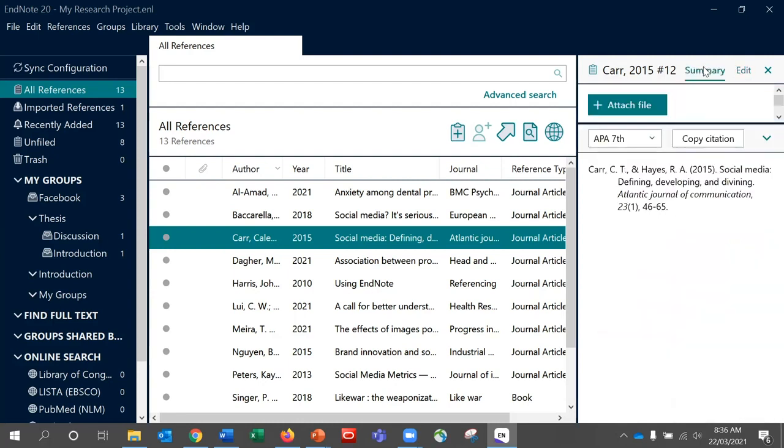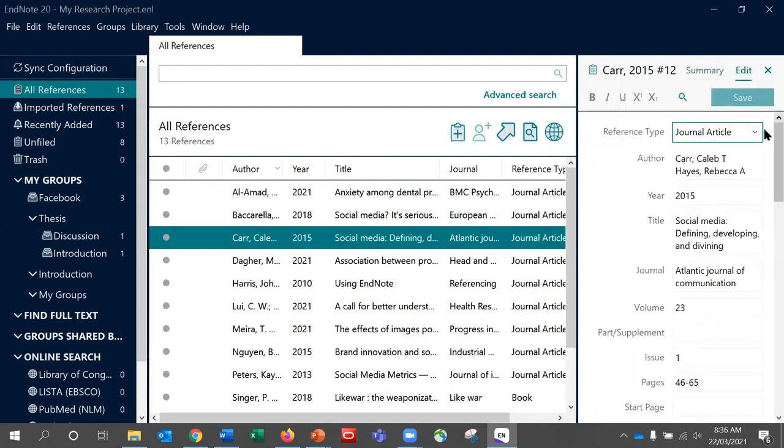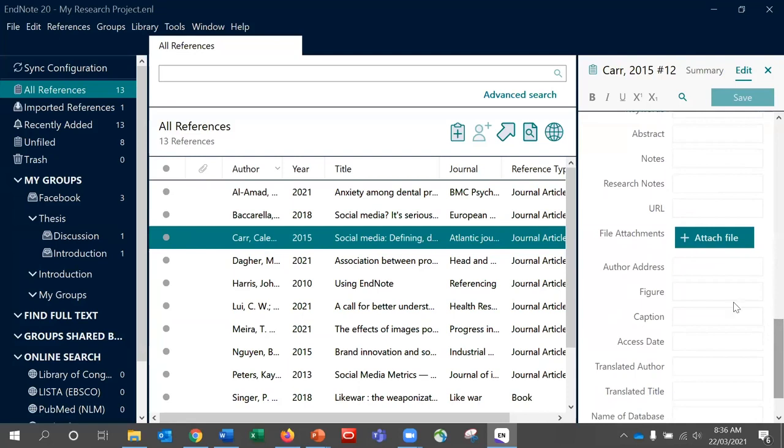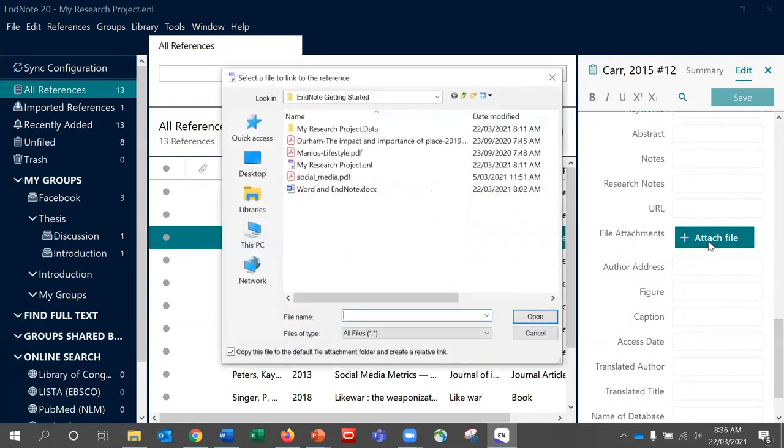So highlight the reference you would like to add the file to. You are able to add a number of different file types and you are able to add multiple files. EndNote also provides a PDF reader, so you're able to read any PDF files from within EndNote itself. But you are able to add other things like image files. You can either just, in the summary option, click on Attach File, or if you're in the Edit option, you can come down to the File Attachments field and click on Attach File from there. Select the file you would like to include